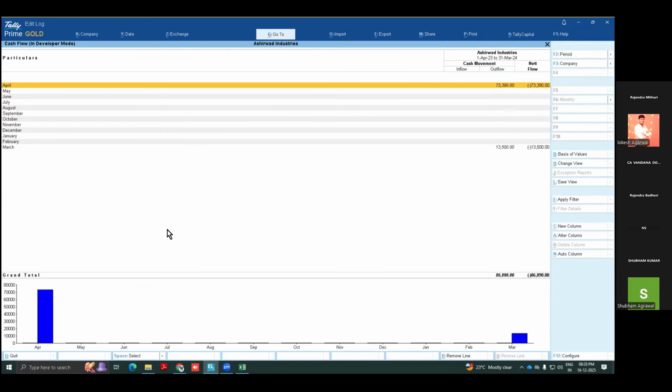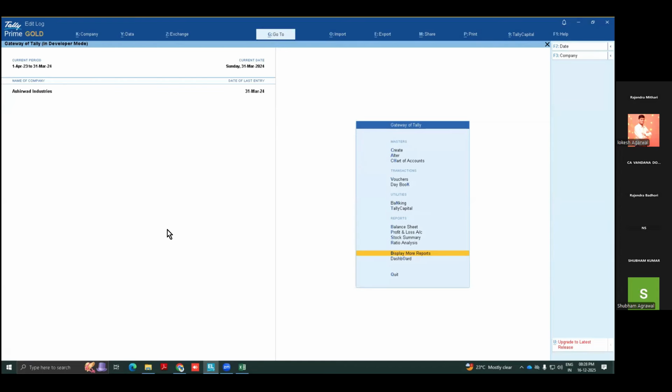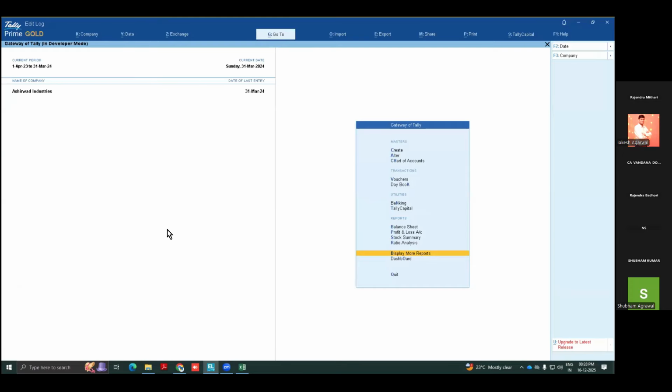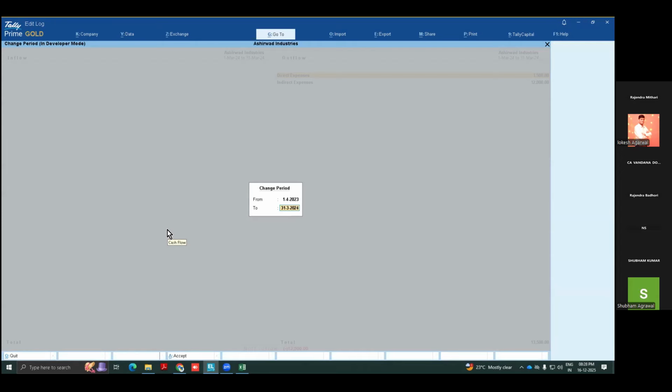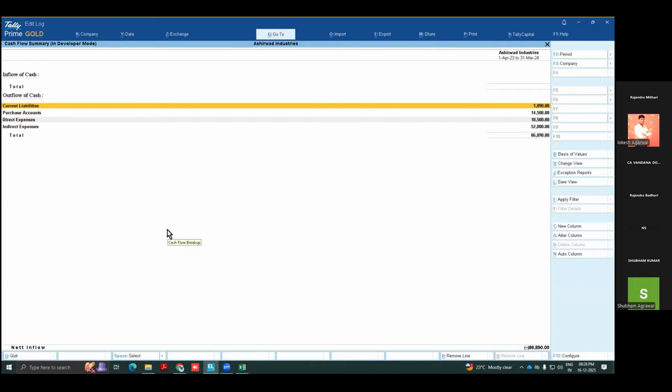So that is not our current topic, but please understand, you can use cash flow projections also, which we can take up somewhere else. But cash flow and fund flow are directly available in the Tally system, but you have to do some configurations. Suppose display cash flow is there and you are viewing it for the year, then you can press F12 and enable whether you want vertical cash flow percentages like this. Okay, because it is required in the new system that it should be vertical.